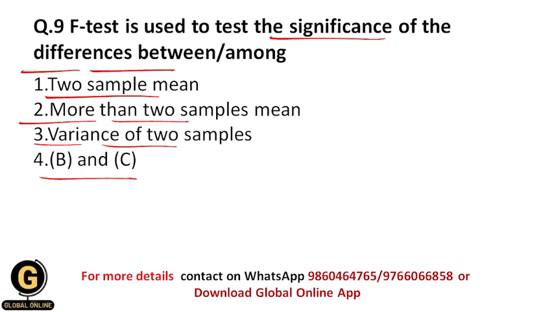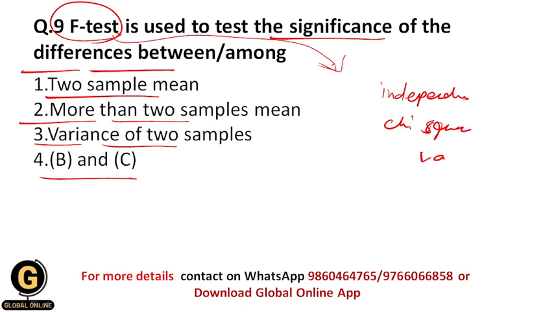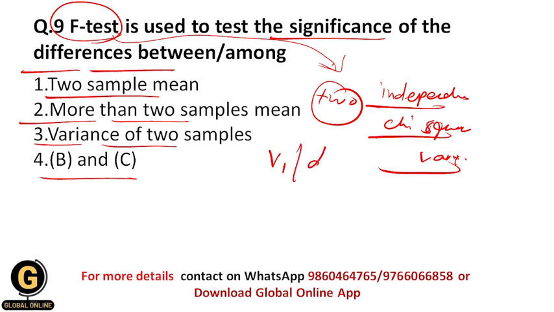So students, as I have told you earlier in this video, the F test is a parametric test. Okay, and the F test is basically based upon the F statistic, and the F statistic is nothing but a ratio. So what is this ratio? This is the ratio between two independent chi-square variates, that are divided by their respective degrees of freedom. So for example, I have this V1 variate,